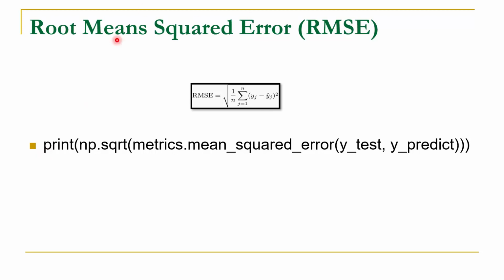In the same way, we have another measure called root mean square error, which is used to find the root of the mean square error. The formula is very simple. We are just taking the root of the mean square value. And for this, we are using the sqrt method of the np library. So here we are getting the mean square error between y_test and y_predict, and we are just finding the square root of this value. This sqrt method is available in NumPy, which we have already imported, and by using print we are displaying its value on the console. Now let us move to Spyder to execute these two commands.